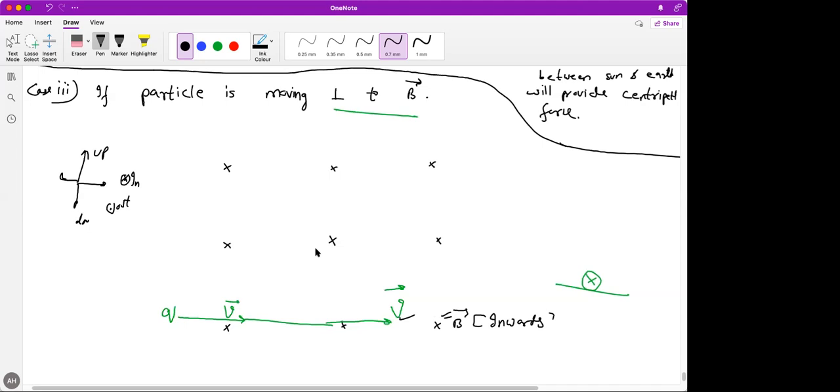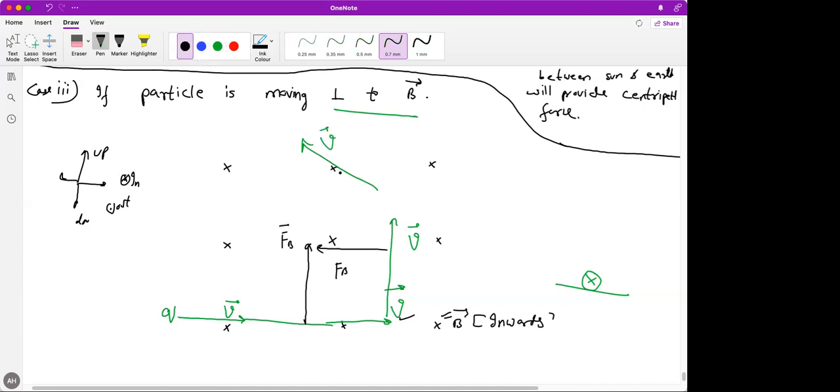So this is the direction of force. Due to the force, the path of the charged particle will change in this way. Its velocity will become in this direction. Now, if you apply the right hand thumb rule again, then the force will act in this way. So if a particle is going upwards, force is acting in the leftward direction. So the path will change. It will become this.